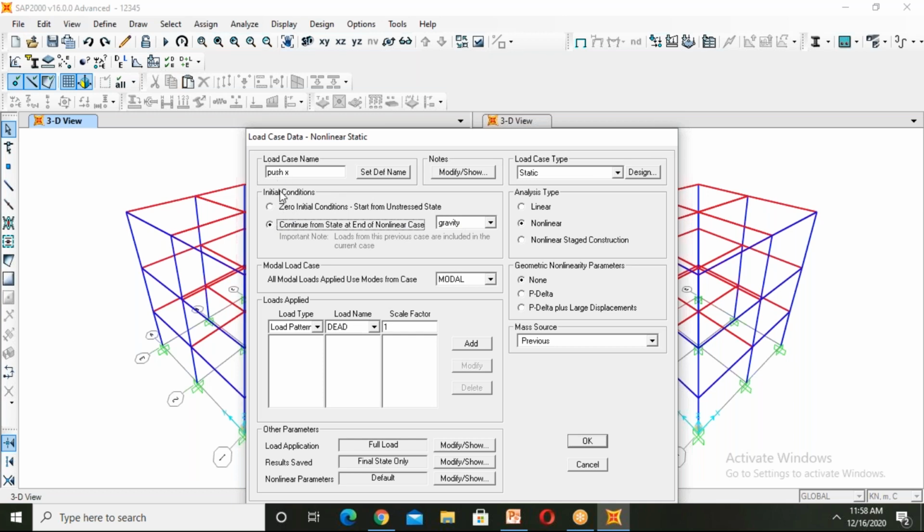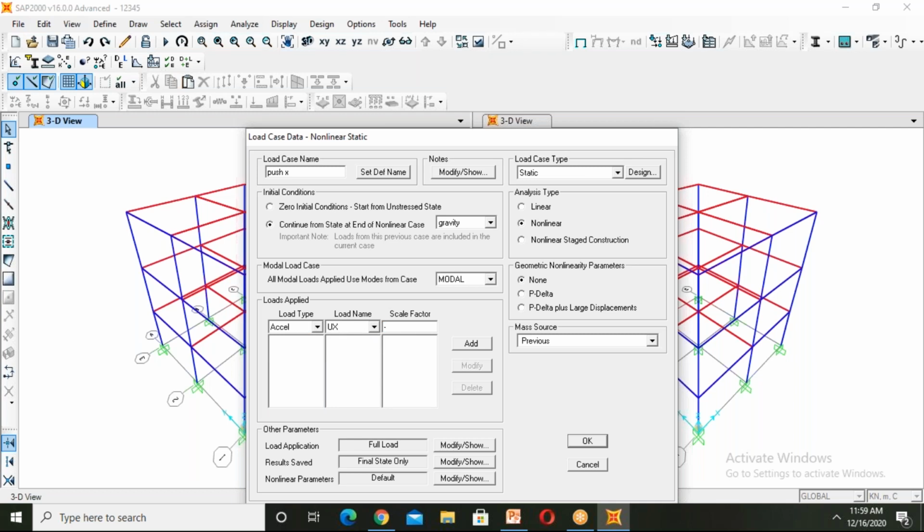Push X is in X direction. The push is being applied on the structure with a load of gravity. Gravity means dead load plus 0.25 live load. Then it should be mode acceleration. As it is X direction, it is UX.